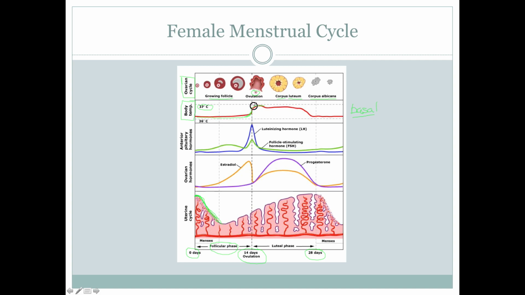You can confirm that ovulation has occurred because the basal body temperature should go up by 1 degree, and then it stays elevated pretty much to the end of the menstrual cycle. So it starts to go down right before the menstrual cycle ends. So when people are seeking reproductive help or they just want to monitor their own fertility, body temperature testing is a really straightforward, easy way to do that. And it's usually the first step that fertility physicians or OBGYN specialists give to a patient to see if they're ovulating before doing something more invasive.